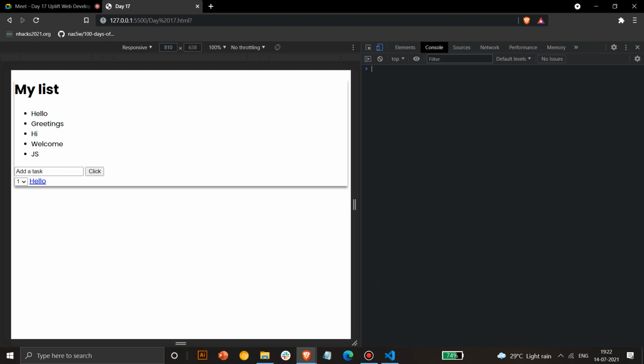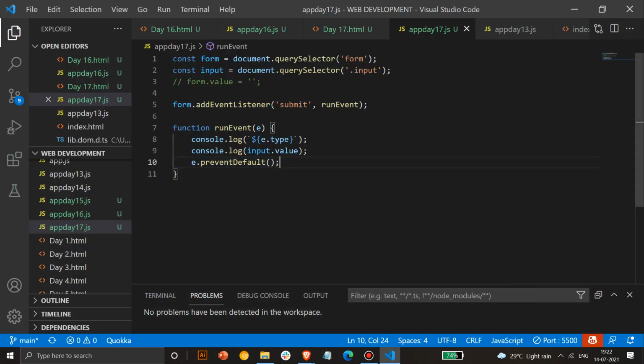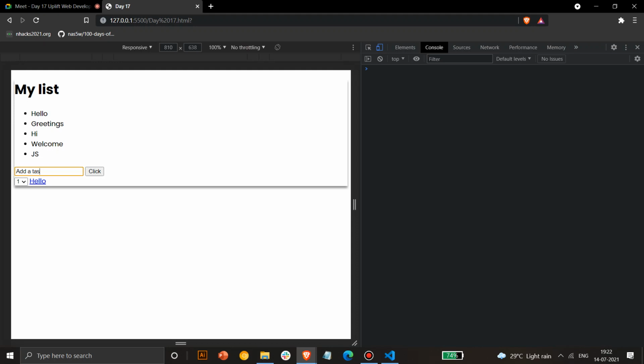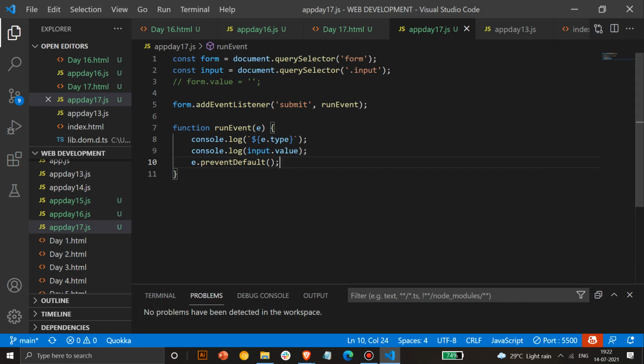So you can check other characteristics. If you find some other characteristic of another element, you can check that out also, and you can see the same result there. Now if you modify the text here, you can see the same text. If I type hello, hello will be printed here. So whatever value is present in this, it will be displayed there.